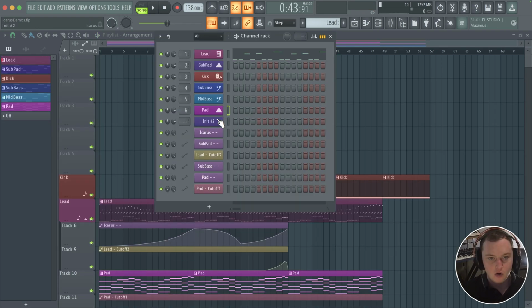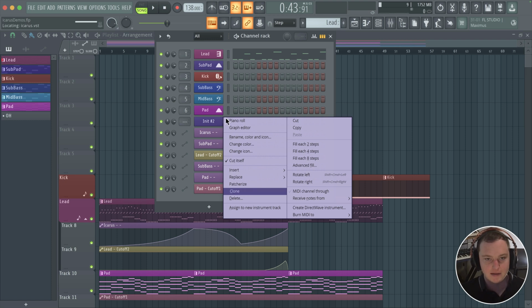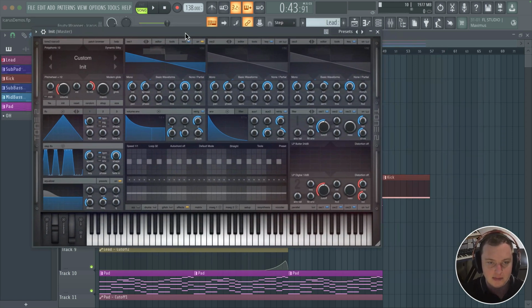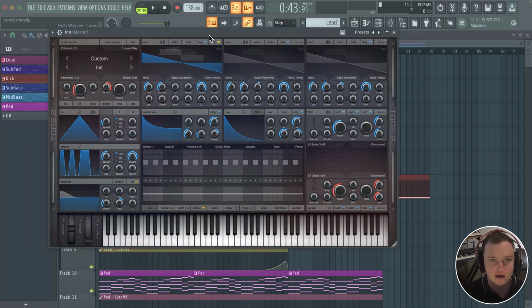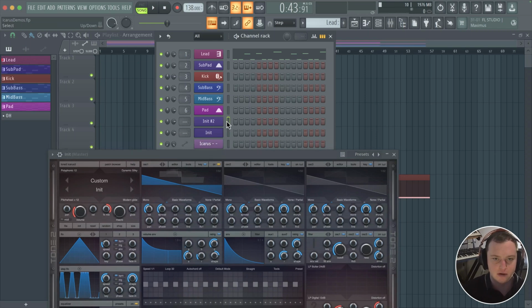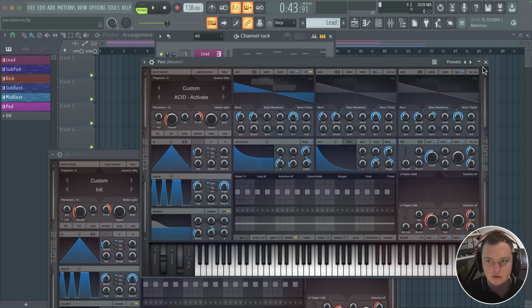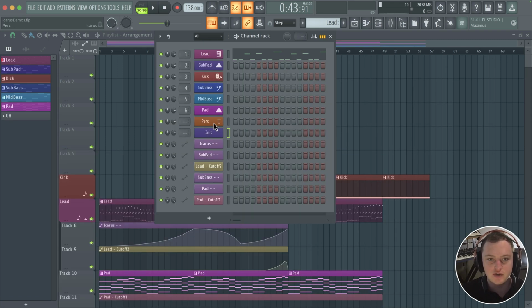Cool. Alright, so to get started, I'm going to go ahead and clone this initial patch, and this is going to be what we're working with. Now, because we're doing a percussion sample, let me go ahead and rename this, call this percussion, give it a nice, maybe a hi-hat symbol, and actually the color I'm going to give it is kind of this orangey color. What I want to do here is use the drum sequencer